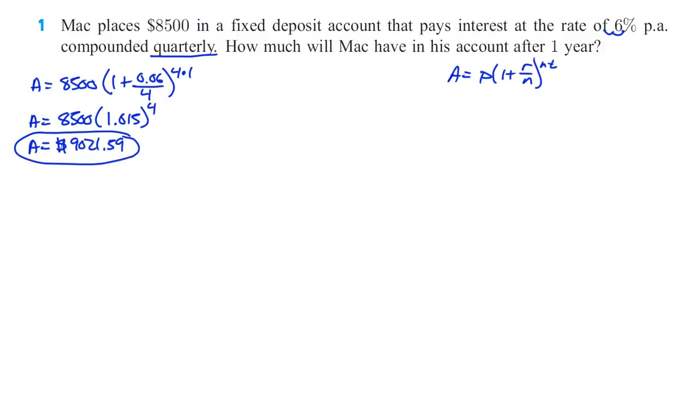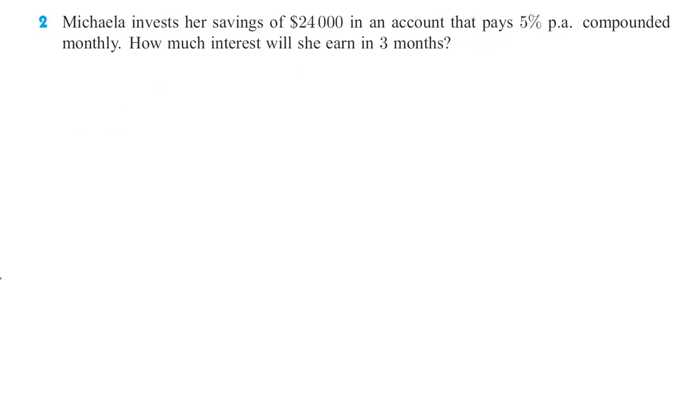Okay, next problem we have here is number 2. Michaela invests her savings of $24,000 into an account that pays 5%, compounded monthly. How much interest will she earn in 3 months? So first thing we got to do is figure out how much she ends up with. So A equals, the P is the principal amount invested, so that's our $24,000. 1 plus the interest rate. Move that decimal back twice, and we're at 0.05